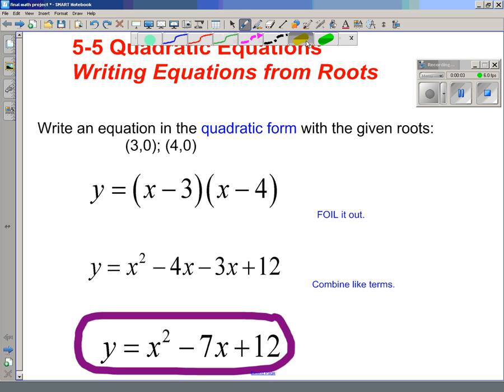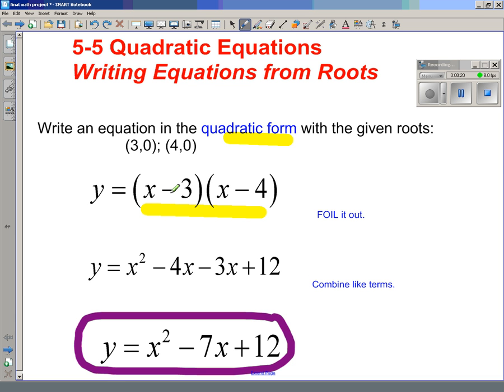Today we'll be learning about section 5.5, quadratic equations. We will be writing equations from roots. Example 1: you have to write an equation in quadratic form with the given roots (3, 0) and (4, 0). All you have to do is plug the 3 and the 4 into this equation, and then FOIL